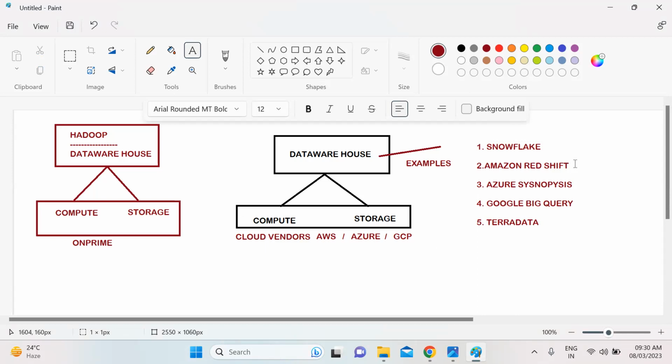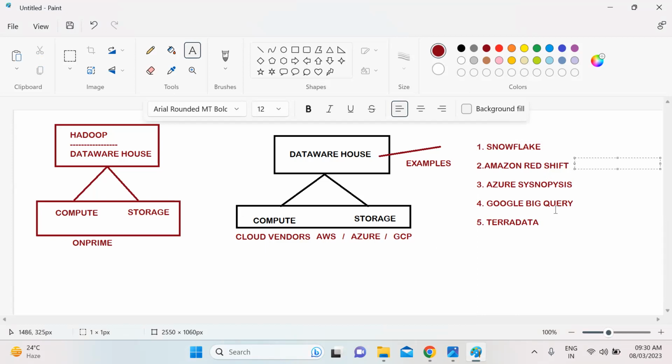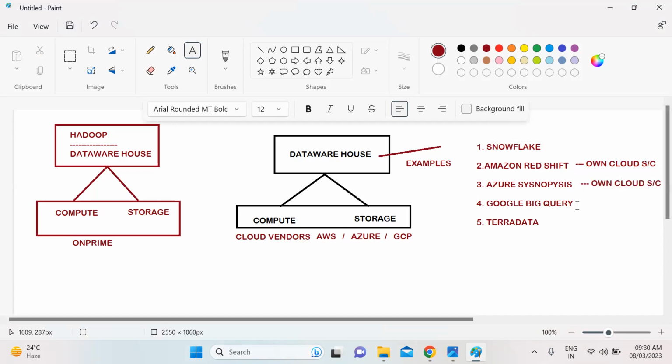For them, storage and computing are their own. Why? Because they have their own cloud. Their own cloud will provide storage and computing. Same like that here also, own.